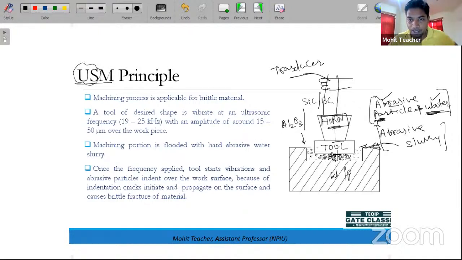So whatever particles are in contact with the tool, or now in contact with the workpiece, all of these start vibrating. Okay, so because of this vibration only,